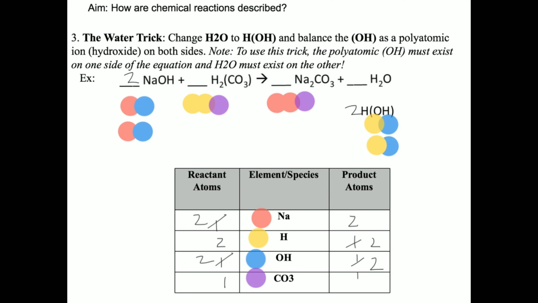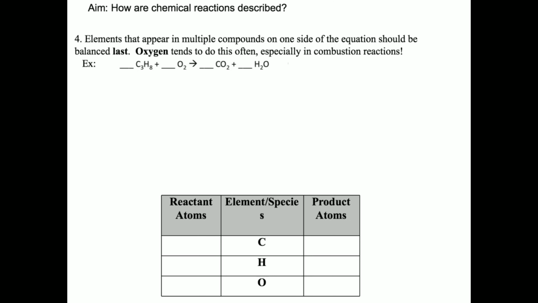Now you can notice in both pictures and numbers that the number and kind of elements on both sides of my reaction are the same. 2 reds, 2 blues, 2 yellows, and 1 purple. My reaction is balanced. The last balancing trick that I'll share with you is when an element appears in 2